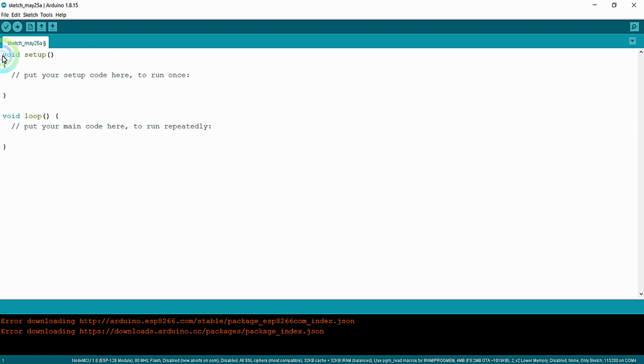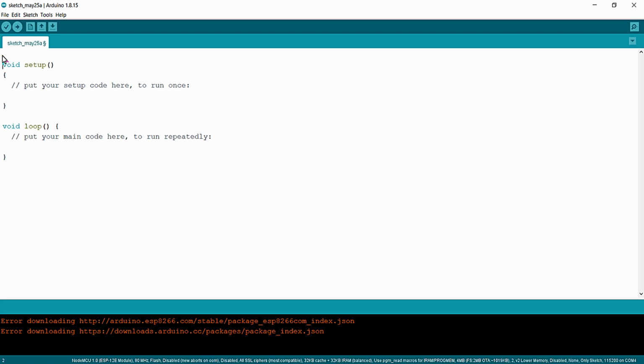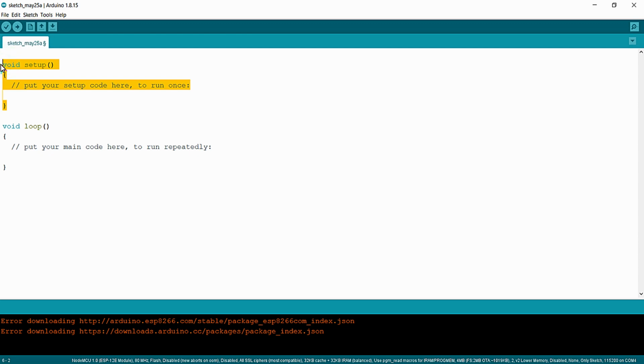So the programming part is divided into two sections. The first section is the void setup and the second section is the void loop. As the name says, this is the configuration part of the program, which will be executing one-time executable parts in the program. So this function is useful for writing all the configuration lines. For example, configuring a pin as input or output can be written inside this void setup. That is, they are the lines which need to be executed only once in the lifetime of the program.